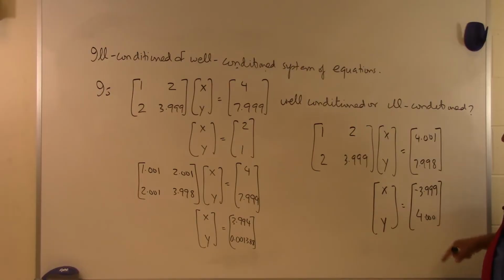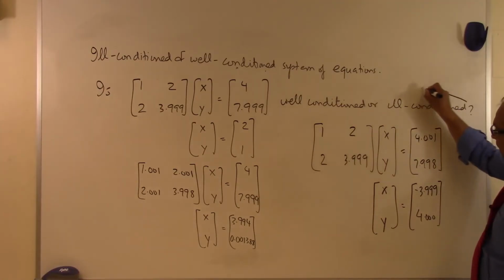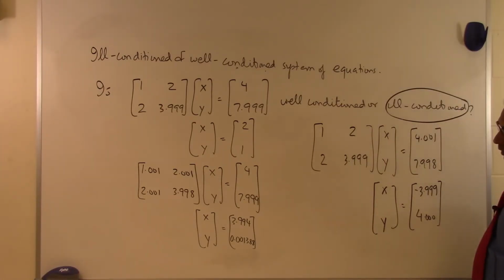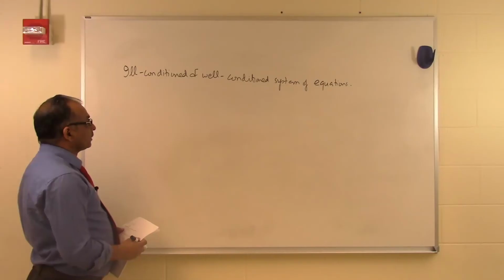So if somebody had to ask me just by intuition, is this a well-conditioned system of equations or an ill-conditioned system of equations, I would term this an ill-conditioned system of equations. Now in the later segments, we'll talk about how do we do this quantitatively without having to do this. But as an illustration of what it means that a particular system of equations is well-conditioned or ill-conditioned, this is a very good example to follow.